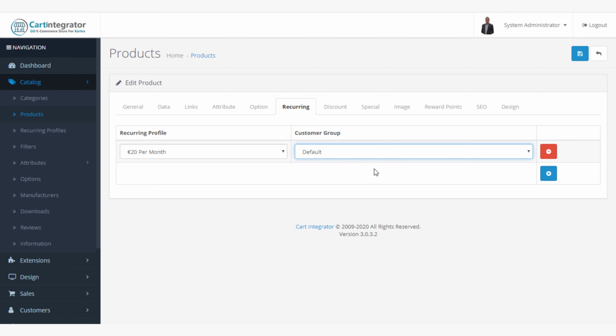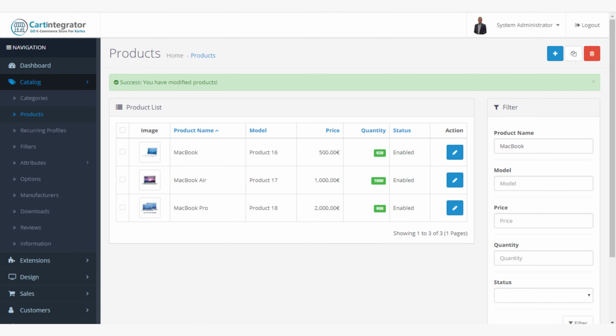defining our customer group. I'm going to cover customer groups in another video, but customer groups are a way for you to segment your customers into individual groups and then define what happens with those particular groups. So you could define, for example, product pricing for a group, special offers for a group, discounts for a group, etc. So I'm going to save this,